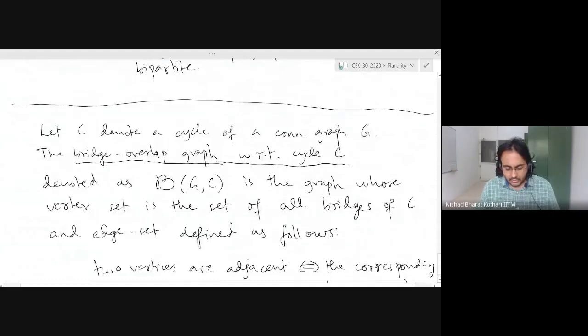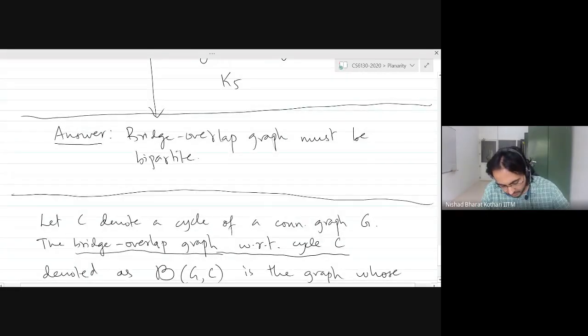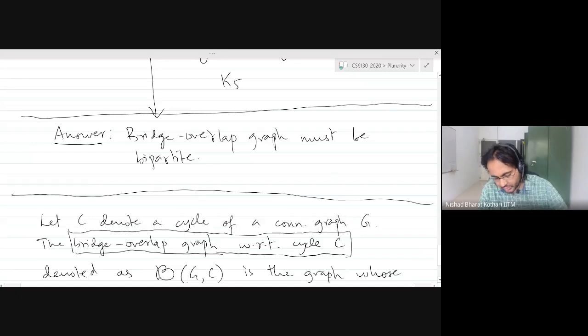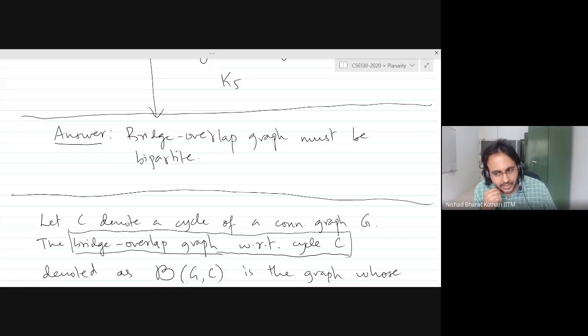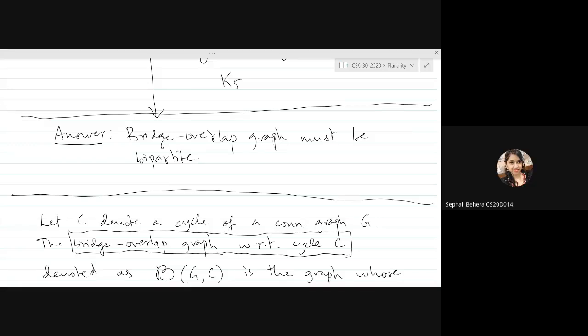Is everybody clear with what this bridge overlap graph is? Is there any confusion with regards to what the bridge overlap graph is? Yes, yes. When we are checking if they overlap or not, then creating the bipartite graph, the process within that, I'm a little bit confused about that. You mean the process of creating the bridge overlap graph? Yes. When we are checking if they overlap or not, and after that, yeah.